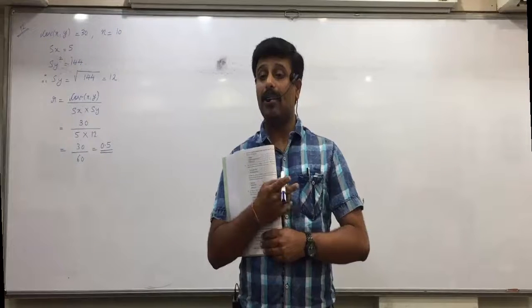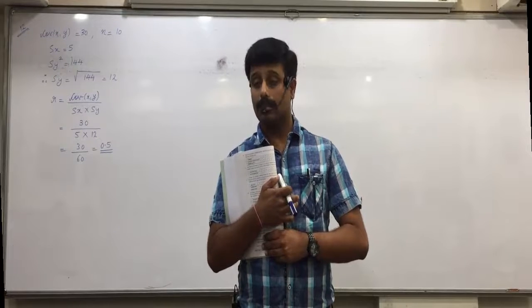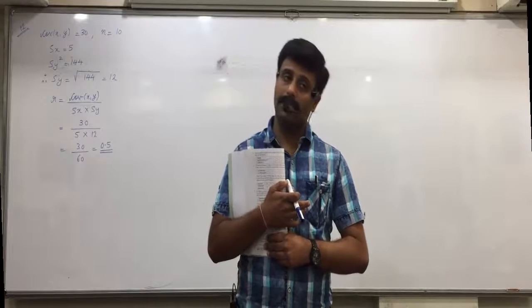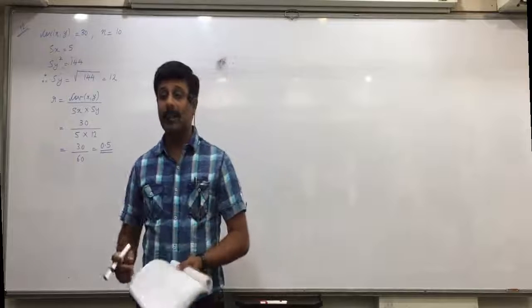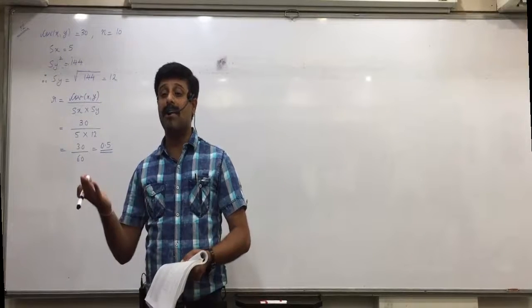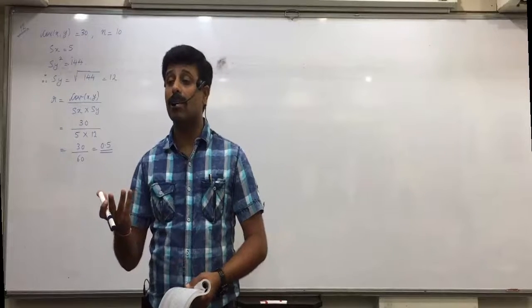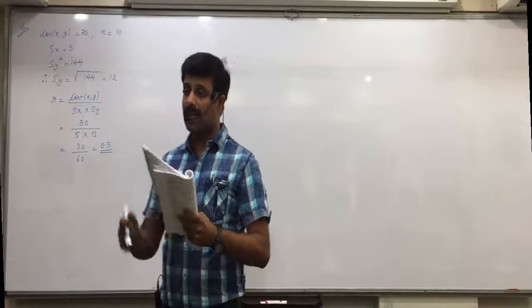Only 3 people are able to identify, out of the whole class. Kavita? Sigma xy minus n x bar y bar upon n into Sx into Sy. Correct, very good. Third formula will be used. Are you all clear with it? Second formula, what is the numerator? Sigma x minus x bar, y minus y bar, it is not given. First formula, what is the numerator? Covariance, it is not given. Third formula will be used. Is everyone clear with it?